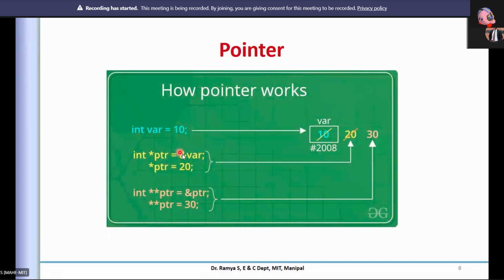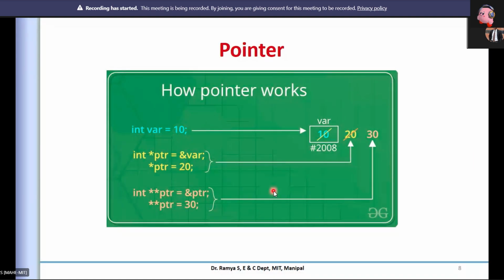How can you access this? With the ampersand. The ampersand gives the address of the variable that is being stored here. Now I can directly access and modify it. The second kind is address of address, where the address of this has been passed again. It is an indirect way of accessing memory. So be careful with pointers. A pointer is powerful, and if you don't use it properly, the program can give different outputs.